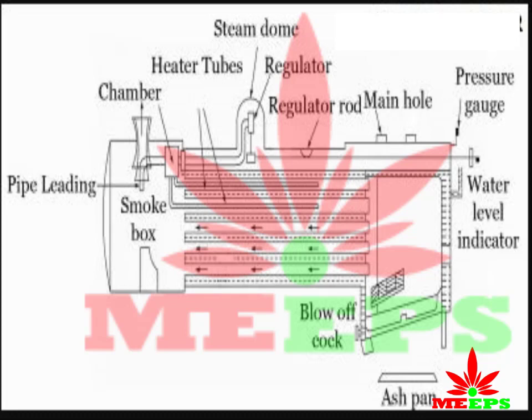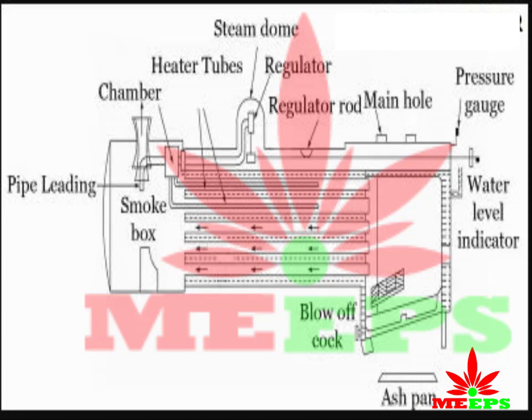This type of boiler is capable of producing a high steam rate, and hence it is used for railway locomotive engines and in marine. As the name denotes, locomotive boiler means this type of boiler moves with a certain velocity. Generally, it moves with a velocity of 60 to 70 km per hour.